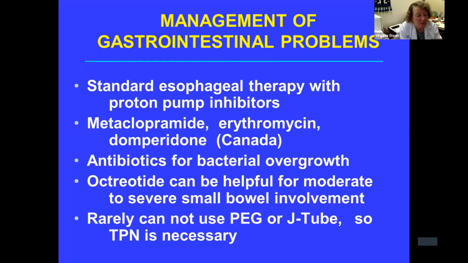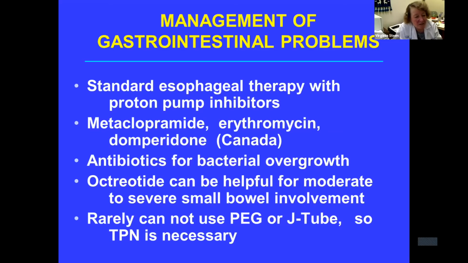Domperidone is available through Canada, has less of the neurologic side effects. Erythromycin in low doses can sometimes be used for gastroparesis, but none of them are very profound. If someone has bacterial overgrowth, whether it's with just severe bloating or diarrhea, we work with our GI colleagues and try to get a diagnosis, but oftentimes we just use a therapeutic trial to see whether an antibiotic would be